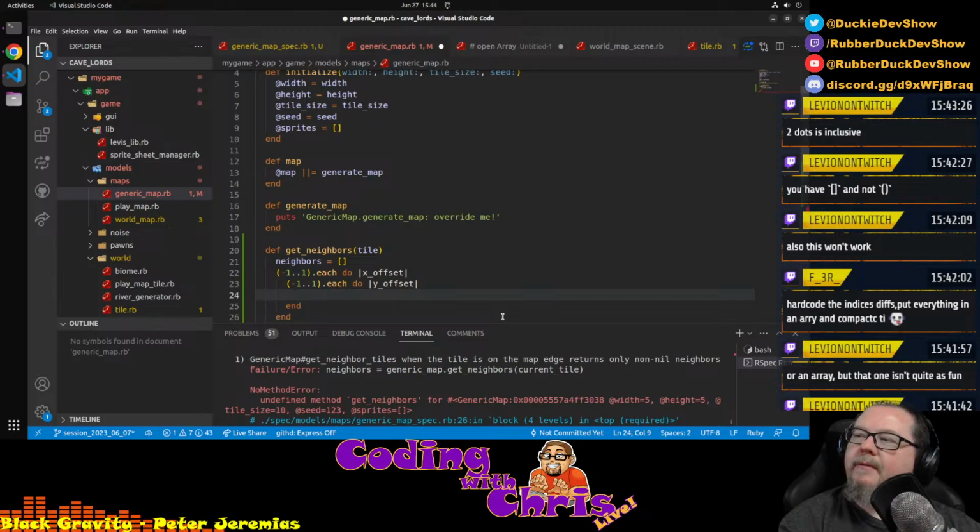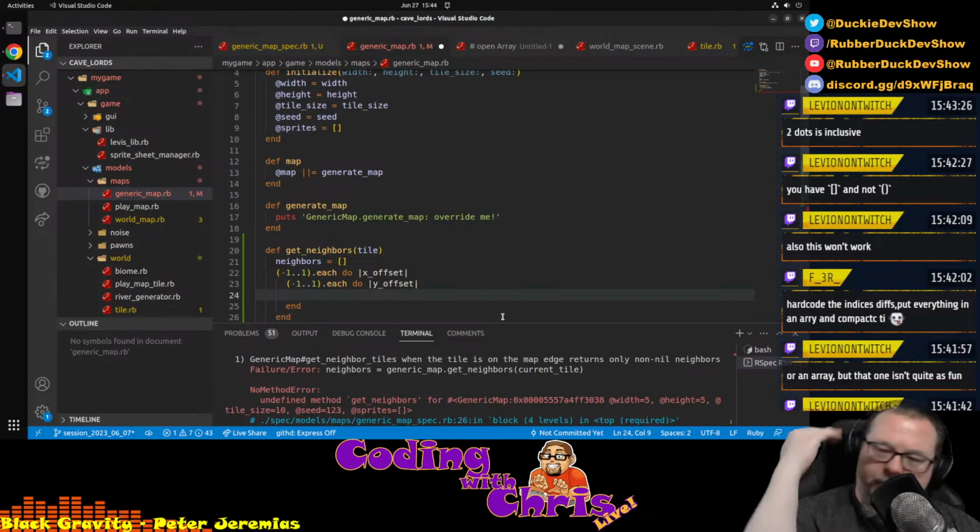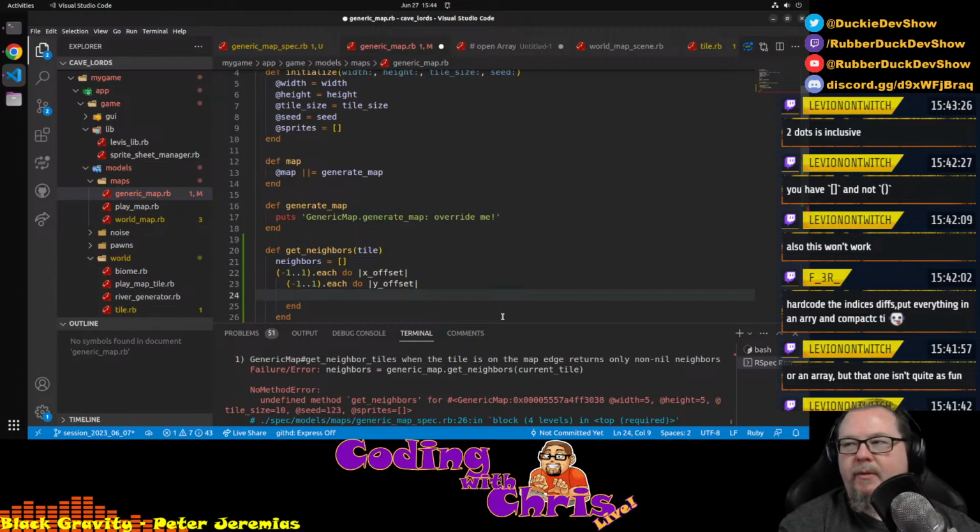Not sure I'm following you. Hard code the indices diffs, put everything in an array and compact it. Oh, I see what you're saying. Just write out the negative instead of doing for loops, just